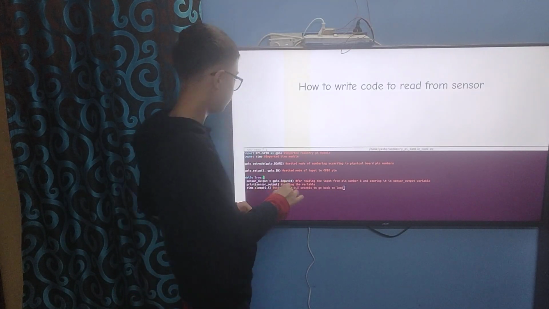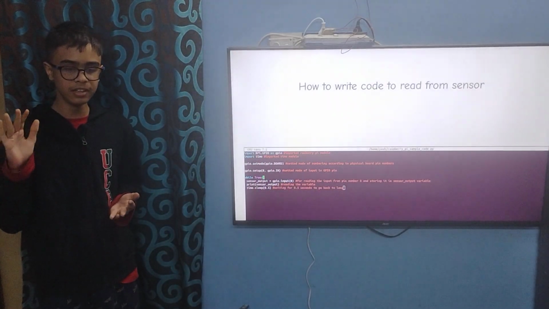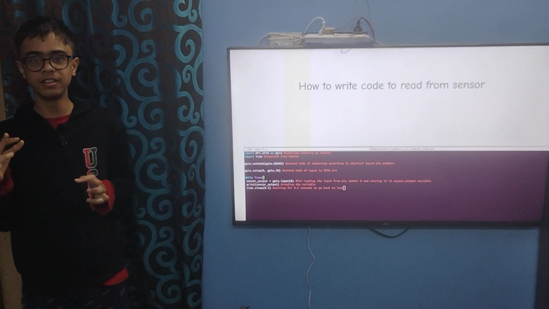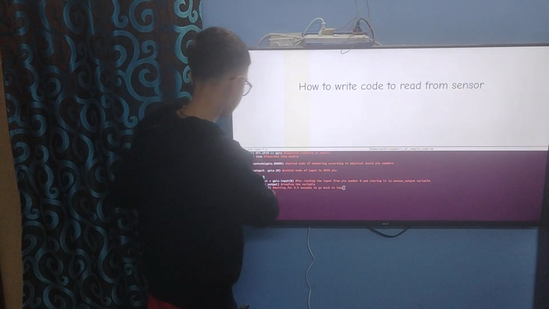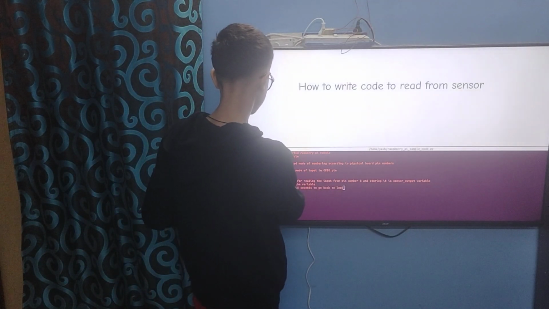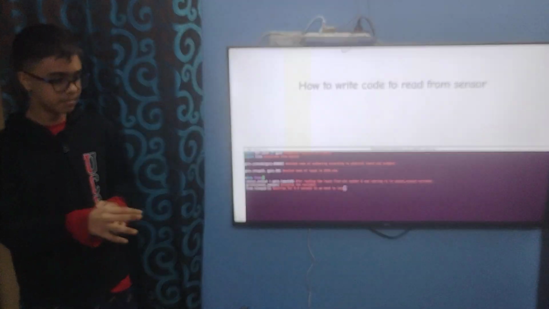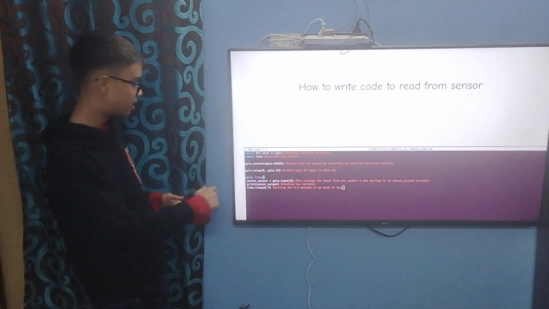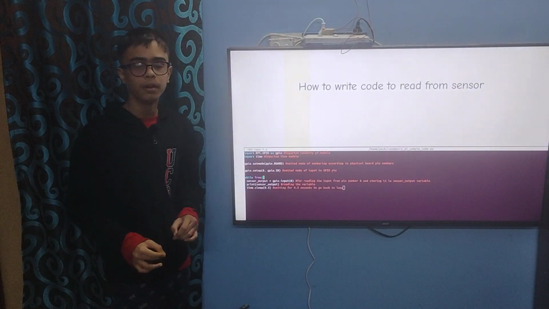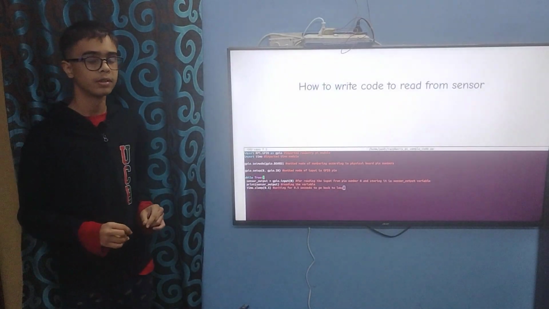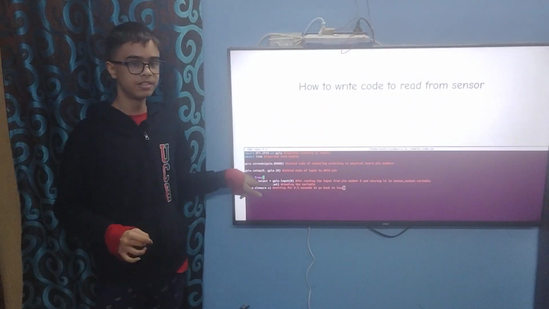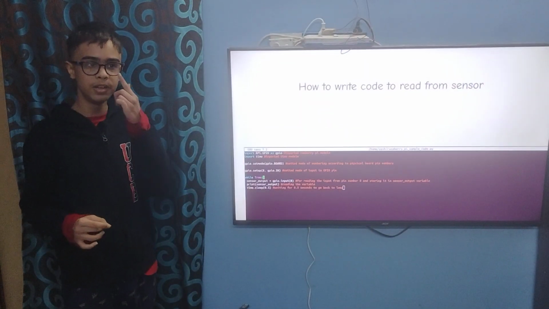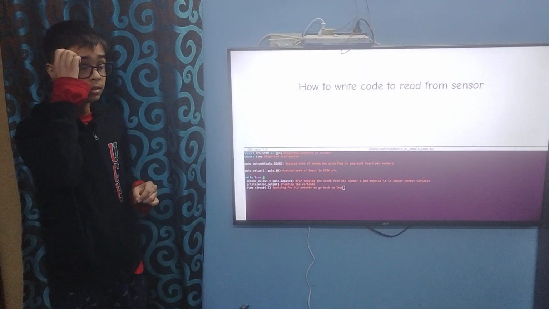And here I have applied a while True loop, that infinite loop that will keep executing the code infinitely to read the sensor until the program is stopped. And here the sensor output variable is defined as GPIO.input 8, in which we are going to read the input of GPIO pin 8. And then after that we are printing the sensor output variable. And then we are waiting for 0.5 seconds to go back and repeat the procedure.